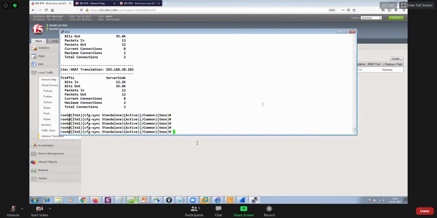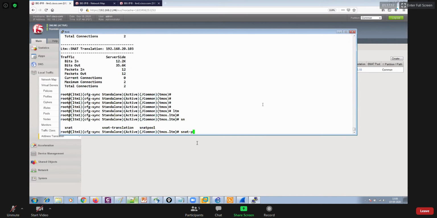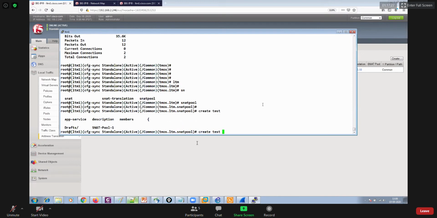Also, you could create a static NAT over here. Go to LTM first, and thereafter you can go to a SNAT pool. Then create one pool over here, like, hey, I want to create a pool, create test, right?